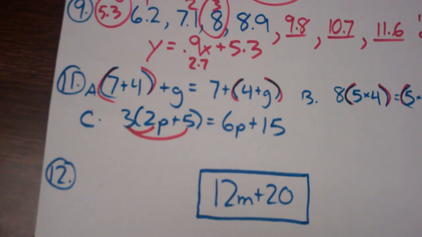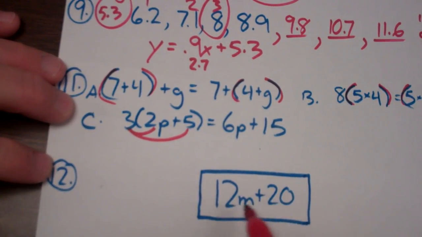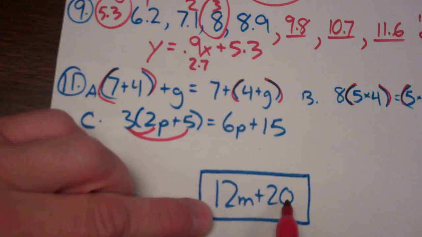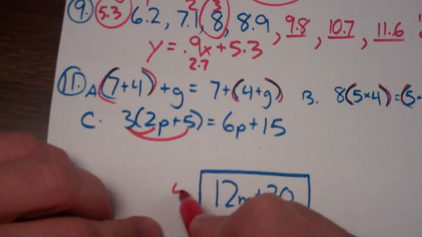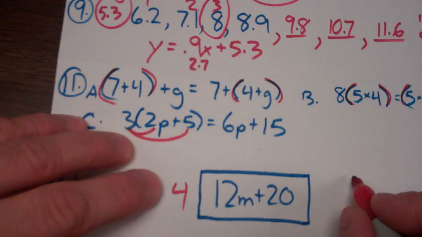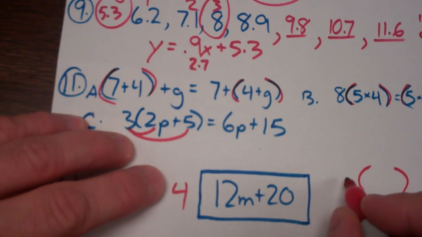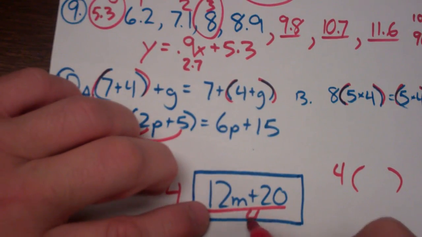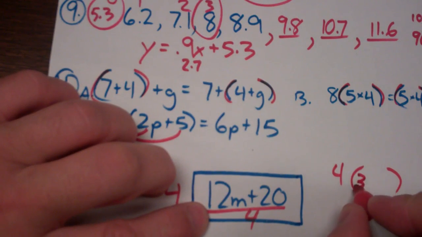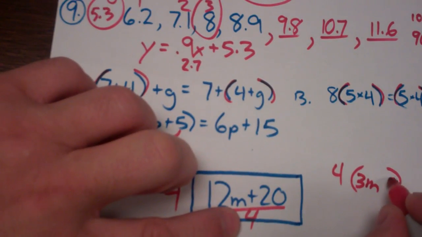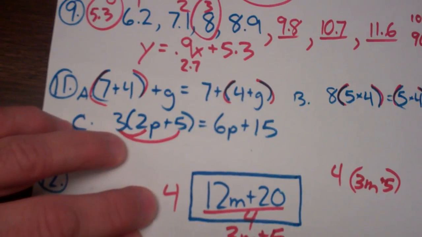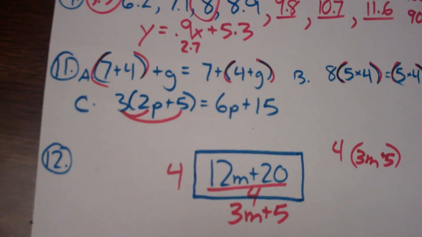The last one says factor the area of the rectangle to find the possible dimensions of the rectangle. Factor means let's break this down by anything that we have in common. I notice something in common with 12m and 20. I think 4 will go into both those. So if I factored out a 4, it's kind of like, remember, dividing it and putting it back in jail. So I'm taking out the 4. So let me divide out a 4. 12m divided by 4 would be 3m. 20 divided by 4 would be 5. And so 4 times 3m plus 5 could have been the dimensions of this rectangle. It's called factoring